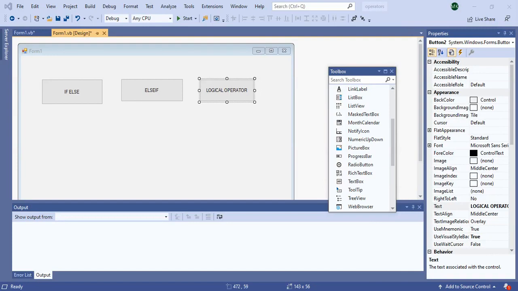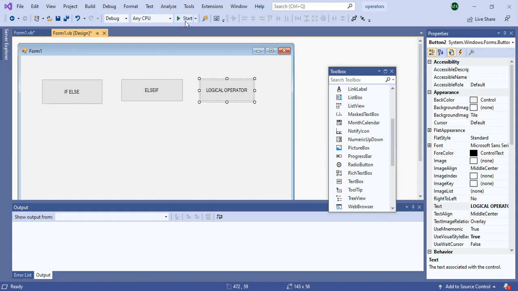Today we will learn exercise number 4 for the subject GUI application development using VB.NET. Exercise number 4 is to study different control structures in VB.NET. So there are different control structures we will see in this experiment: if else structure, how to use else if structure, and how to use logical operators. Now there are different operators: arithmetic operator, logical operator, assignment operator. We will learn some of them in this experiment.